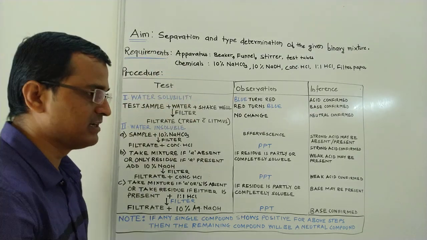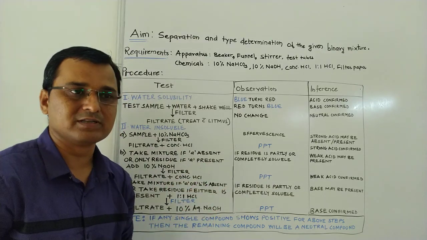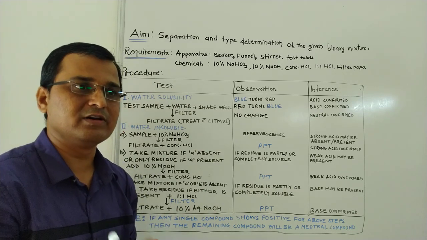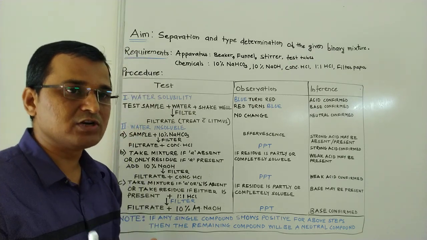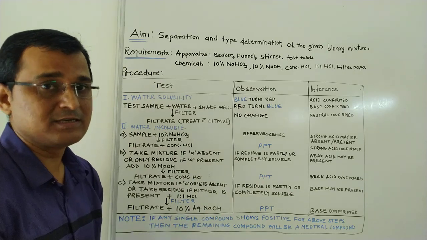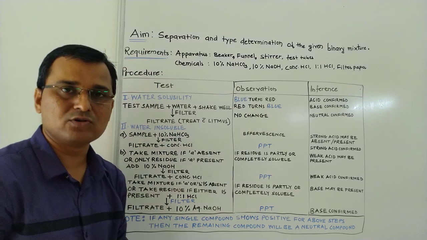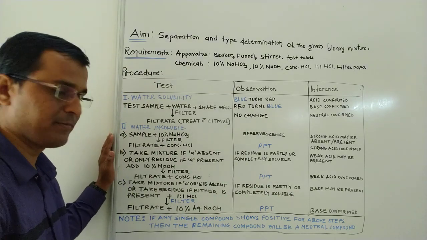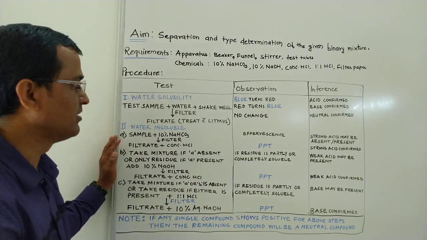We are going to discuss solids. If two solids are present in the form of a mixture, or we can say one compound is an impurity to the other, then we just want to separate out those two. What are the various methods? Here we have the method based on solubility. In today's practical, we are going to separate those compounds on the basis of the solubility of each individual compound.